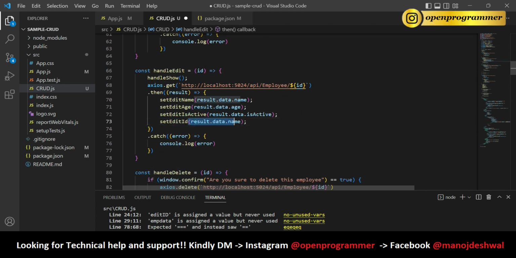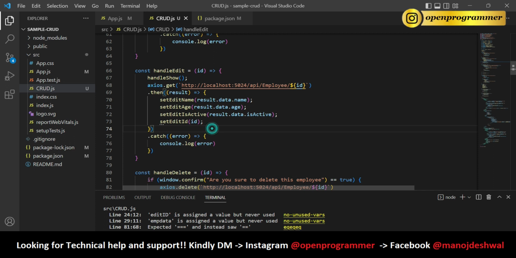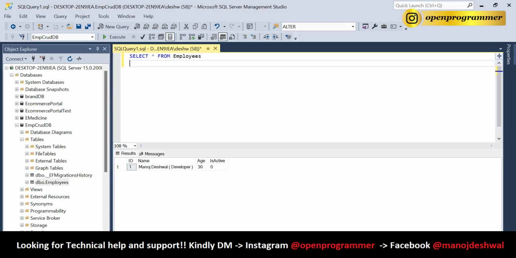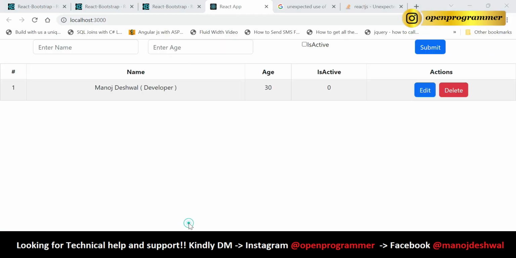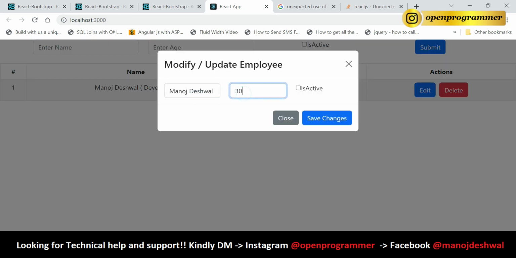So here simply pass this ID. So we are done. Save. Let's try to test it. So if I click on edit, see my details are coming over here,